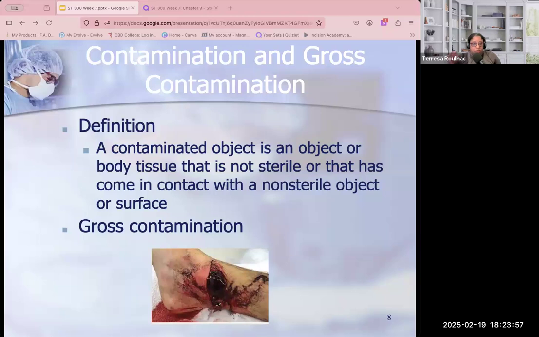For example, you have a patient coming in and they're complaining of right lower quadrant pain. They have elevated white blood cells. As an ST, I'm thinking, oh, okay, this is a potential appendicitis. So we're going to bring this patient in for an appendectomy. Okay. Now, if an appendix has ruptured, spilling pus into the abdominal cavity, gross contamination of the peritoneal cavity